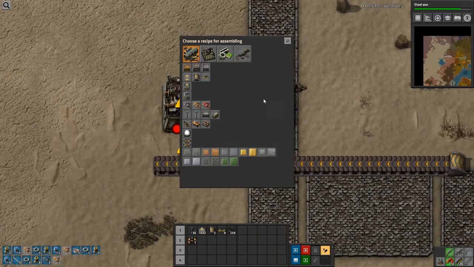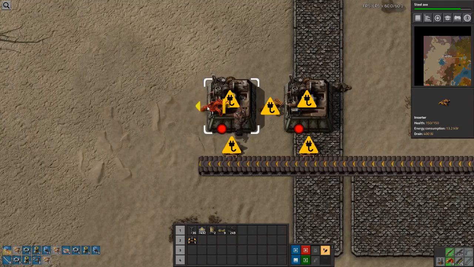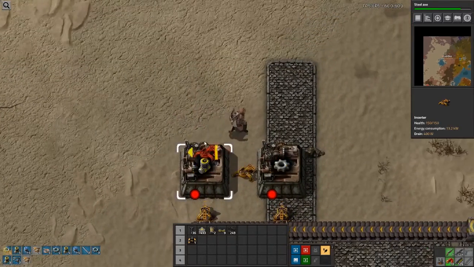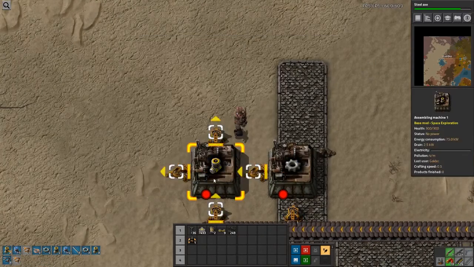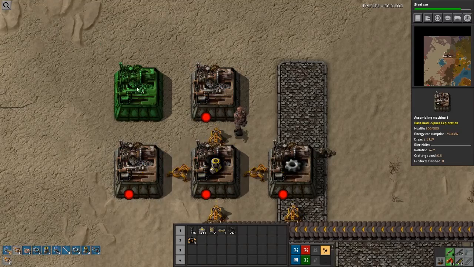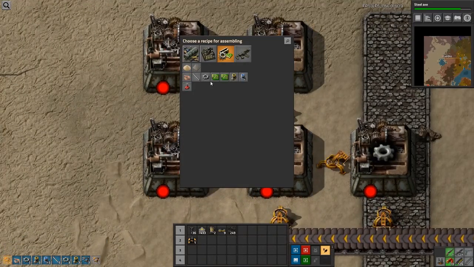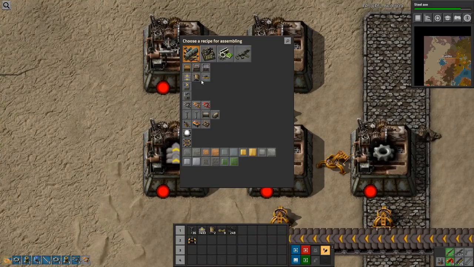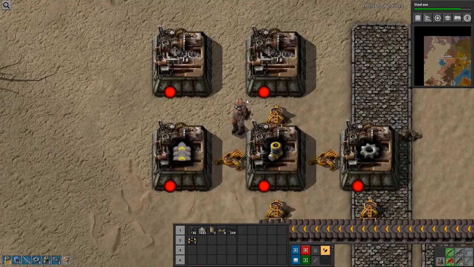All right, so you become a gear, you become a motor, and then you are going to actually feed 2 machines. And I'm going to completely rejigger this mall later, but that's fine for right now. Boom, boom, boom. So you require plates and motors. Do you require iron? You do, dang. All right, well,